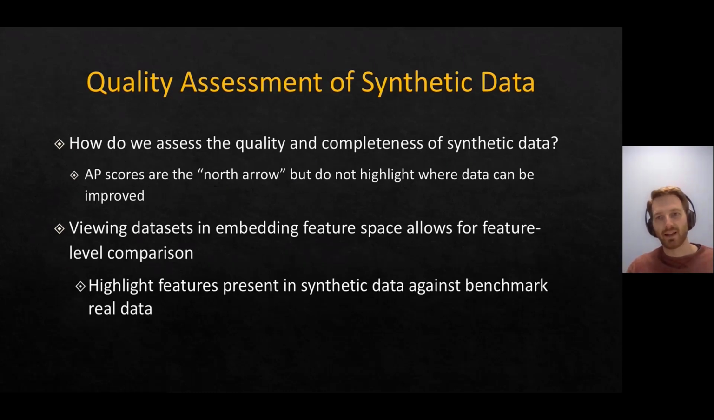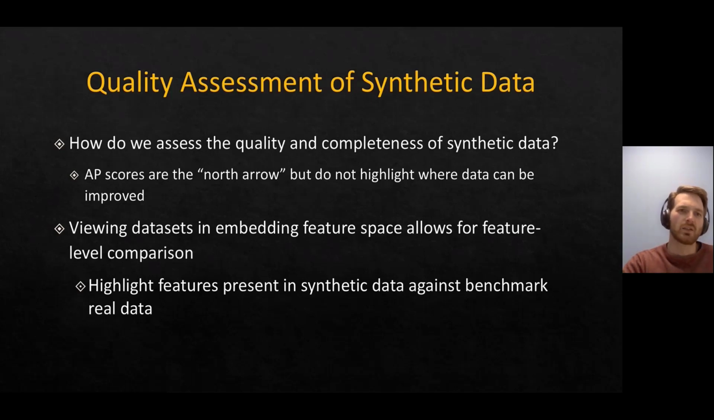So once we have that synthetic data, and perhaps we've run a domain adaptation model on it, how do we assess the quality of it, or the improvement that the domain adaptation model provided to our synthetic data? The gold standard, or the north arrow, that you really want to look for is: does it improve my AP scores? But that's just a single metric, and it doesn't necessarily highlight where the data has improved,